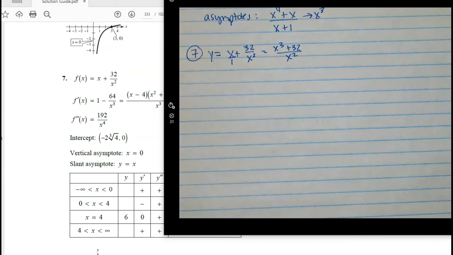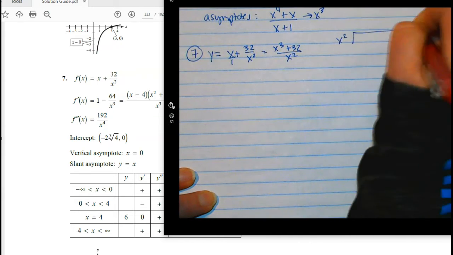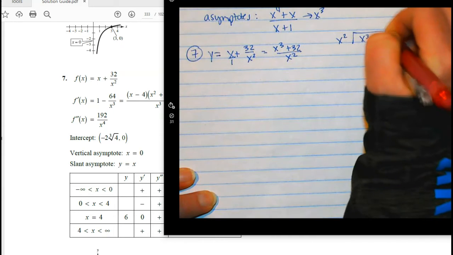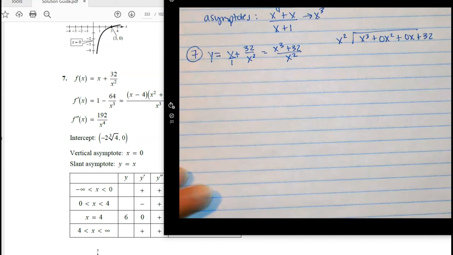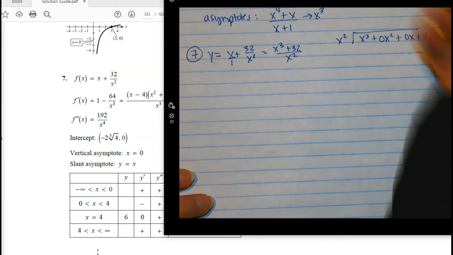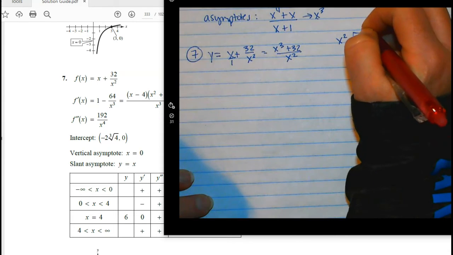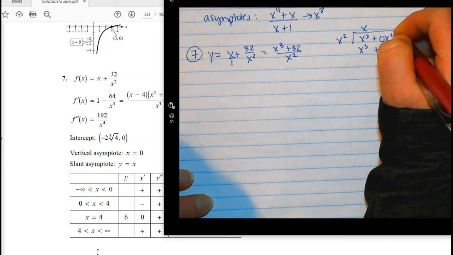You do long division, and you divide x squared into x cubed plus 32, and you can stop after you get the y equals mx plus b part, because anything that follows after that is going to be a fraction which goes to 0 by asymptote rules. So x squared goes into x cubed x times, that's x cubed plus,